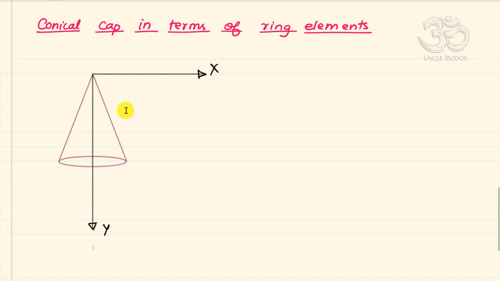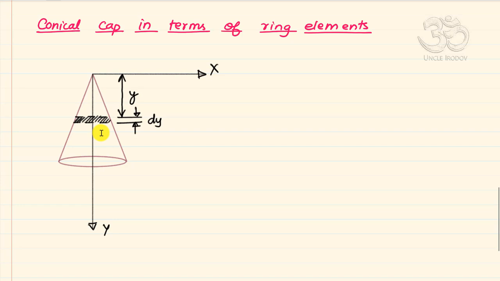Let's take a height, small h from the top, or maybe small y, and increment it by a small amount dy. So you end up having a ring element. And for this ring element, now you have to find out how much is the shaded area. To find the shaded area, a way to do that would be to first find out the radius here. How much is the radius?